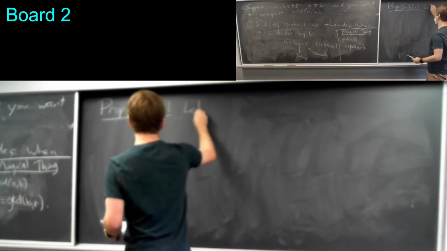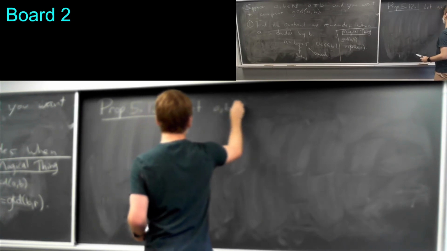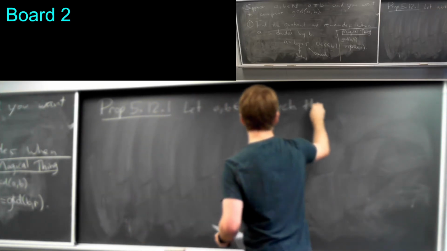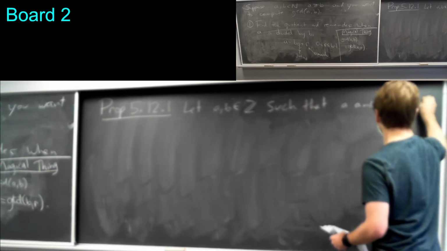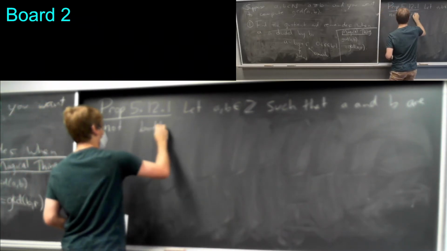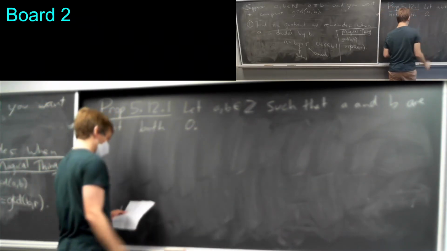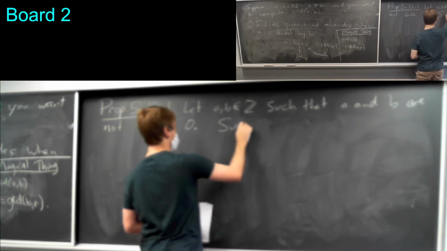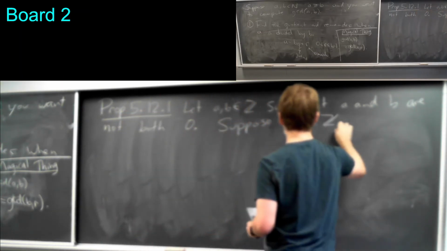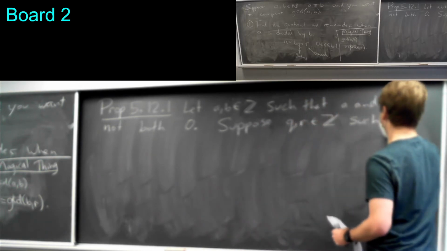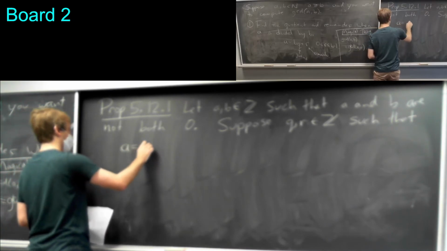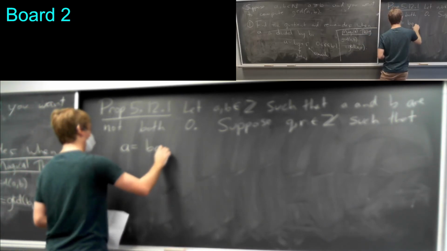So let a and b be integers such that a and b are not both 0, and suppose q and r are integers such that a is equal to bq plus r,